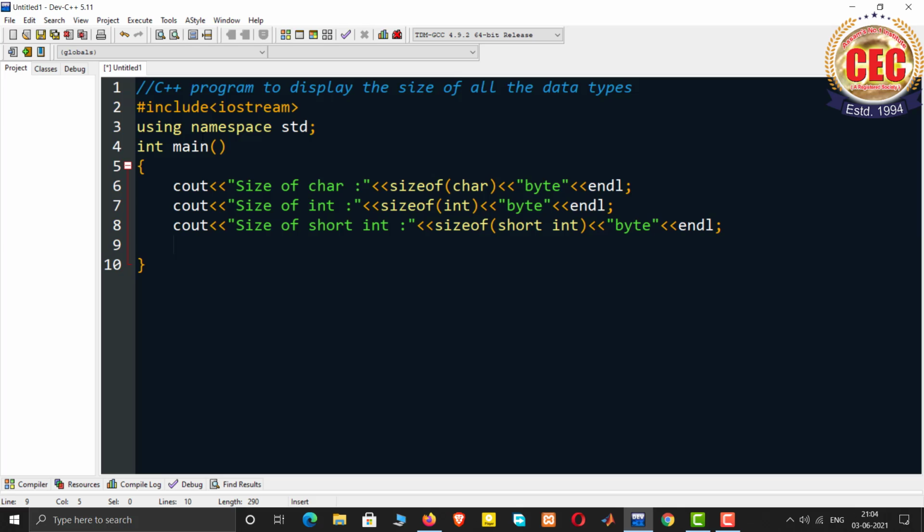Enter, next line, and now we will find the size of long int.